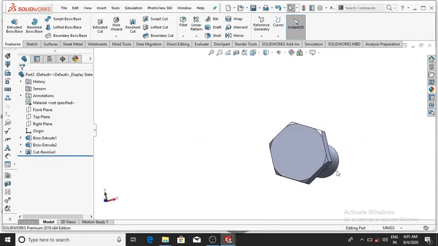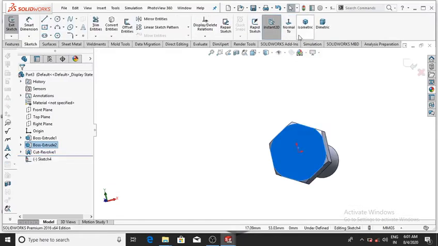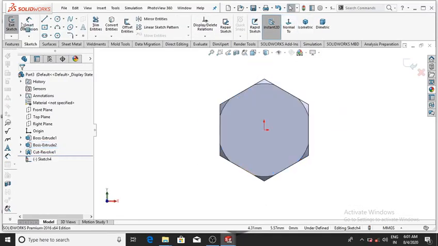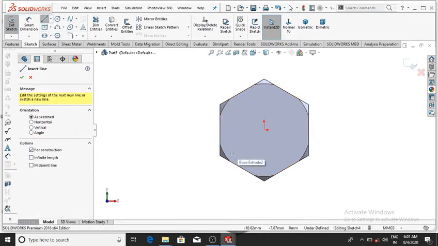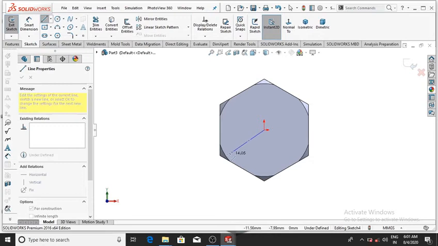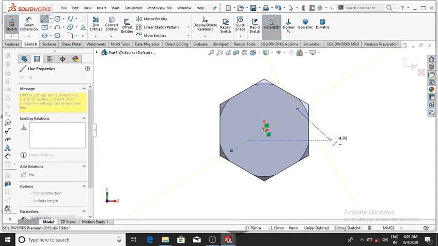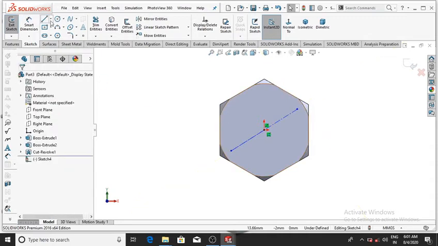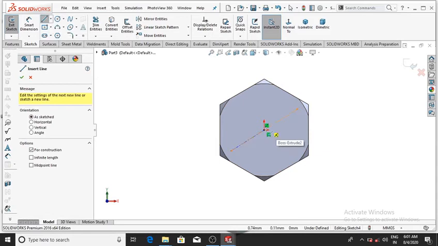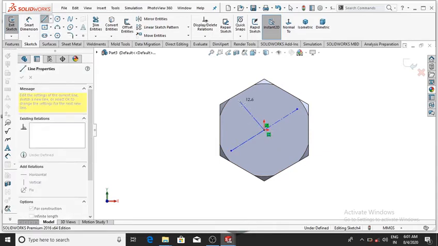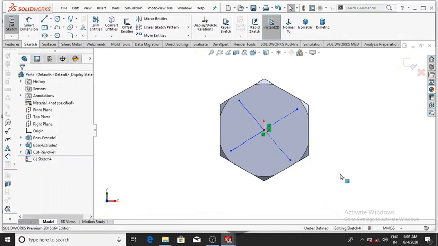Now we make the nut and select this face, right click, then sketch, normal, and make the center line from this point to this point up to this point, and again select the center line and make this line up to this line, and make this offset of 2 mm bi-directional.